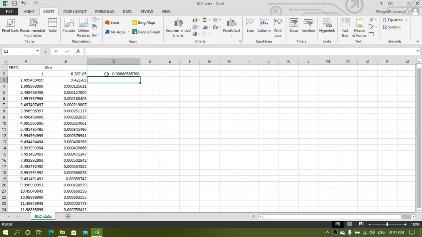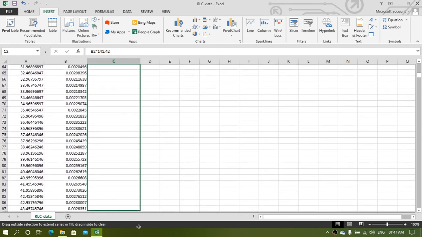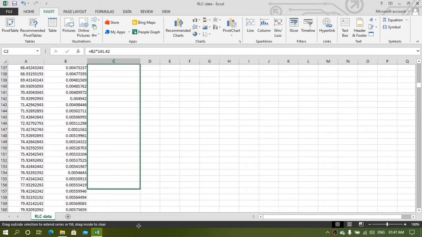Enter. Now drag this icon only, okay, not the whole. You do not have to select all the cells, you will have to select only this dot of this corner, okay, here. Now in this way, only then it will implement the formula for the entire column up to your last data point.